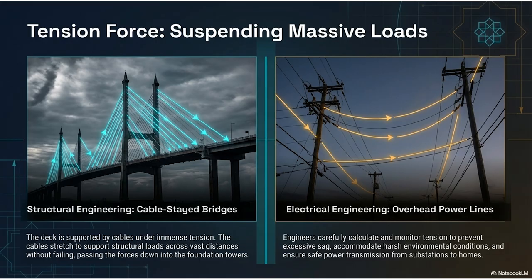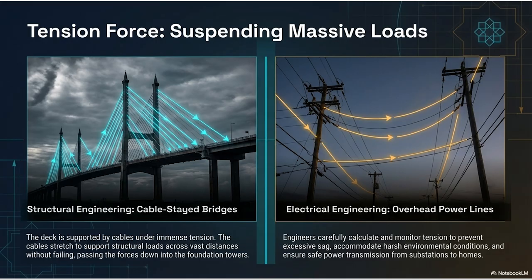But then winter comes. Right. On a freezing winter night, the metal contracts. It shrinks and pulls tighter between the poles. The tension skyrockets. Now, add the weight of a severe ice storm, where an inch of solid ice coats the entire wire. The downward gravitational pull increases massively, and the wire is already pulled tight from the cold.